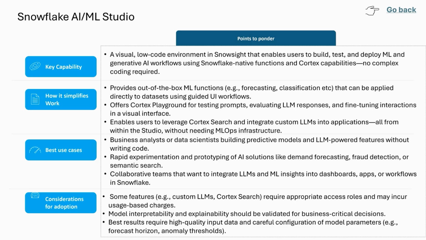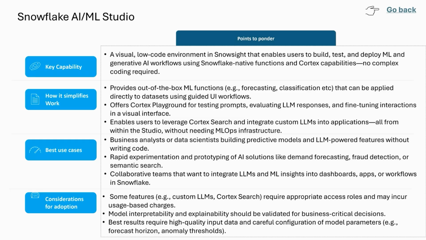Customers can also use Cortex search for searching or processing unstructured data, and integrate custom, fine-tuned LLMs into their generative AI application.